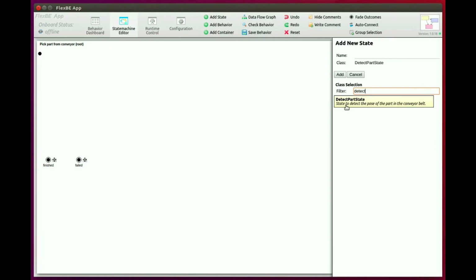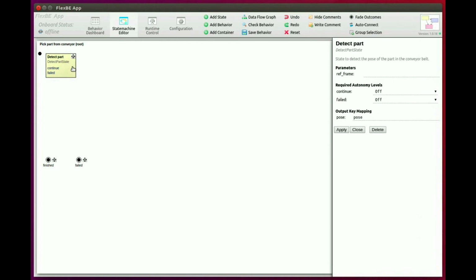and here is the detect part state. This is one of the states in the HRW ROS factory states repository that allow us to use the capabilities in our robotic factory. We select it by clicking on it, and we give the name as state in our state machine. Again, something short, but that clearly describes what will happen when this state becomes active. Detect part should be OK. Now we click Add, and our state is added.